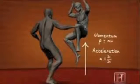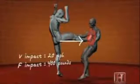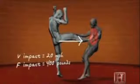There's no opposing object to push against, so all the energy of the move must come from the momentum of the leap and the acceleration of the kick. The snapping motion of the lower leg functions much like a coiled spring. When unleashed, the kick reaches impact speeds of 20 miles per hour and delivers up to 400 pounds of force